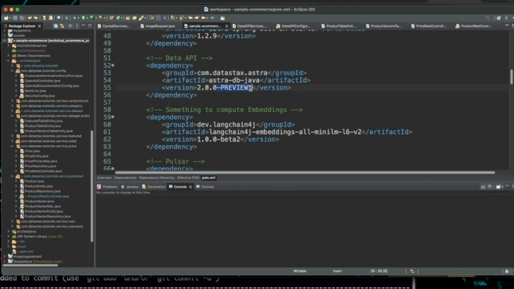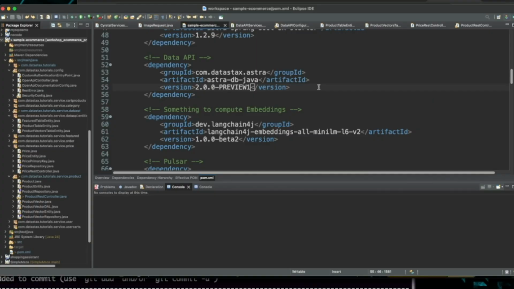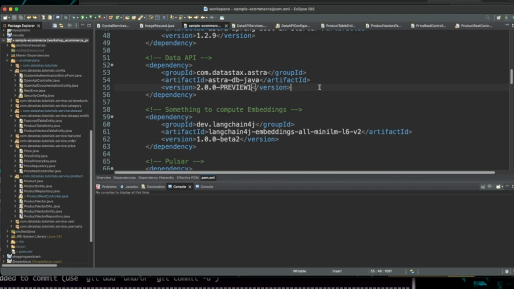Now you notice it has this dash preview 1 on the end here. So the features that you're about to see with the Table API are indeed in very much an alpha-ish, beta-ish kind of a mode. So just be forewarned if you're going to delve into this at this early point. That being said, I have done a lot of this so far and I haven't noticed too many problems. But again, I just wanted to put out that warning that it is more of a preview type of feature than anything else at this point. But general availability should be coming shortly.